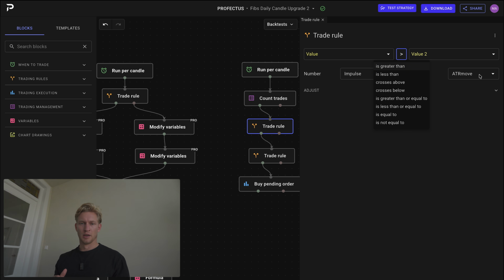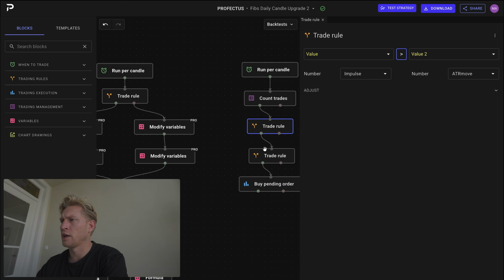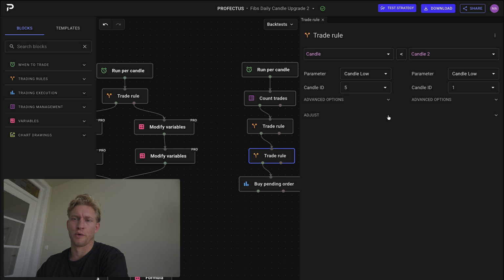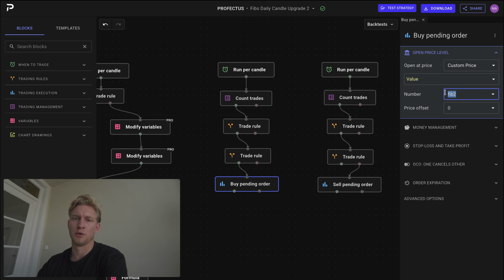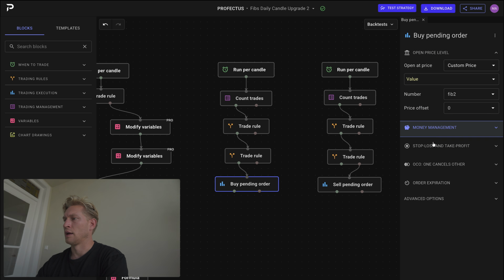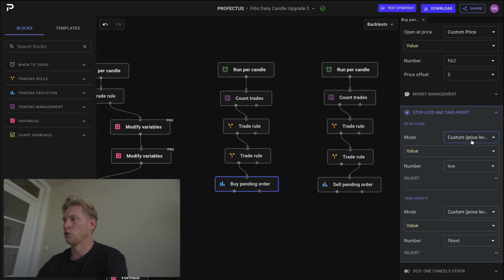If you do 4 times, it's a little bit of the sweet spot. You can also do 3 times, then you have more setups. And yeah, I normally test all of them because it's all automated, so I can just backtest instantly, right? So if we have an impulse bigger than the ATR move, so we have a strong move, we check again to be certain if we are in a bullish impulse, and then we're going to place a pending order on Fib 2. Fib 1 was 0.382, so Fib 2 is 0.618. So we're going to place a buy pending order on 0.618,